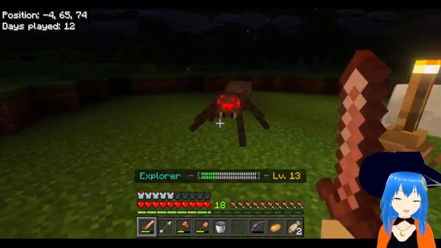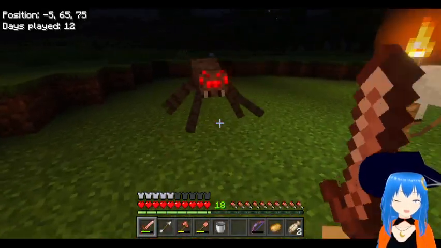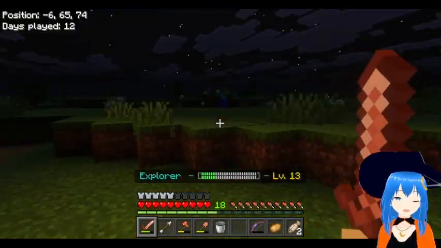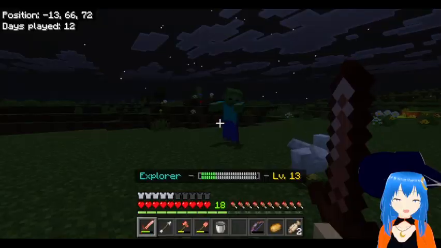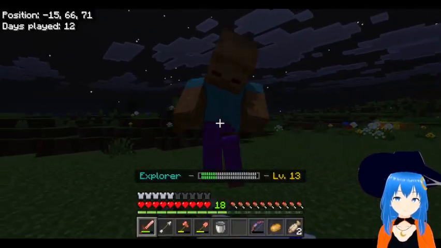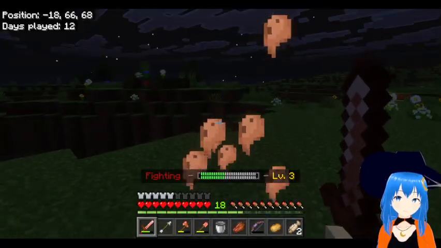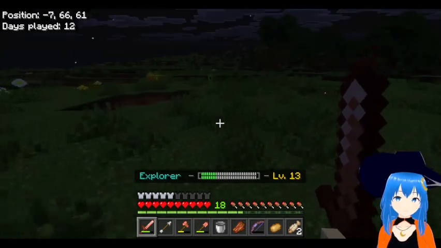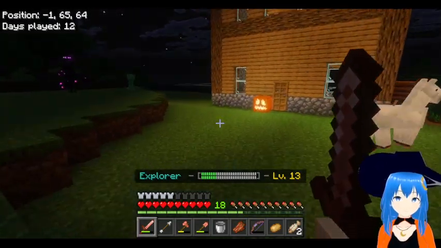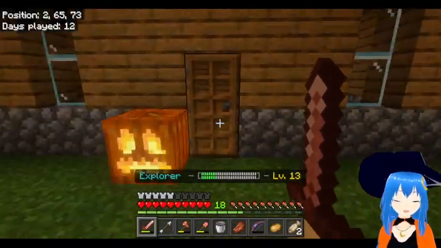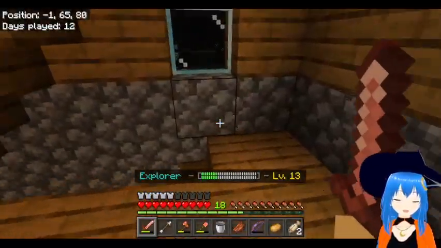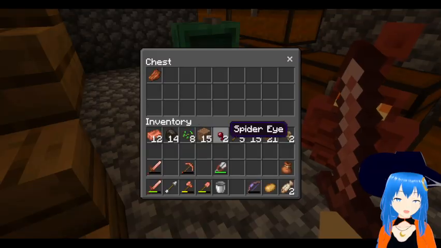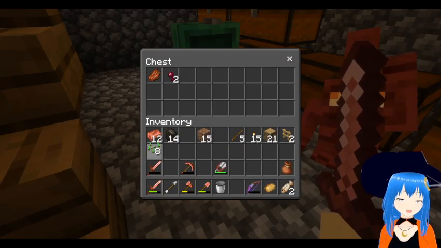Ooh, there's this spider. Dude, I just played a game that had giant spiders in it. I can't get away from giant spiders, man. Just put them all over my lawn. A couple days ago, a lot of people on Twitter were talking about how creepers go against the design philosophy of Minecraft. And I kind of agree with them a little bit, because the design philosophy of Minecraft is supposed to be like, if something happens destruct